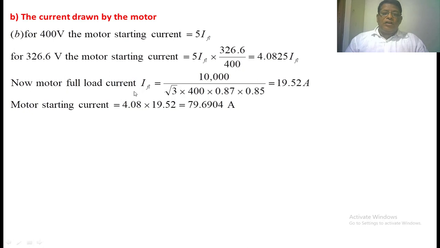Now the motor full load current I FL equals the power rating divided by root 3 V L cos phi. Substituting all the values, we get 19.52. So the motor current equals 4.08 into 19.52, and we get 79.6904 amperes. Because the motor starting current is given by this relation, this is the full load current taken by the motor, but the starting current is more than the full load current. This much current will be taken by the